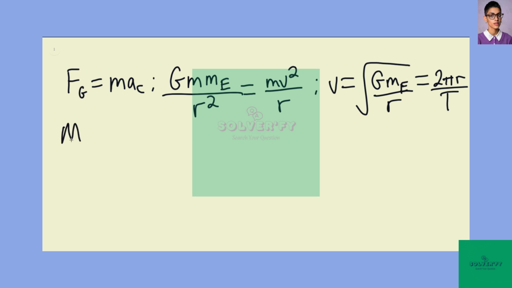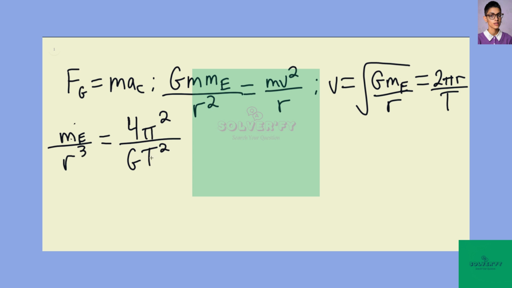We know that M over r cubed is simply going to be equal to 4 pi squared over GT squared. So essentially, we have said that we can actually define this mass of the Earth. So here the mass of the Earth divided by r cubed, we've essentially manipulated this and created a density function, essentially, and this is equaling 4 pi squared over